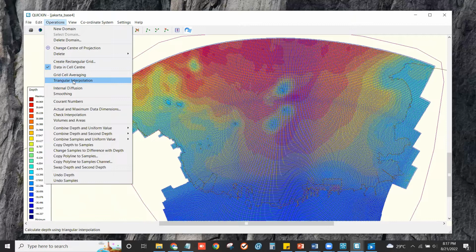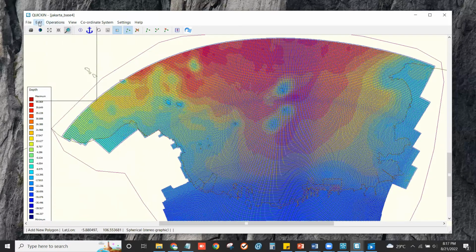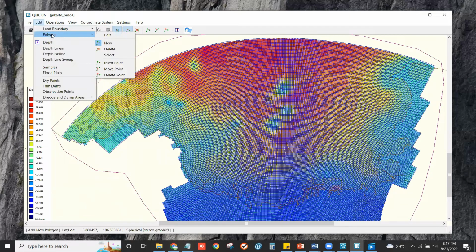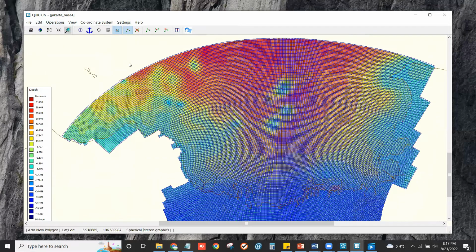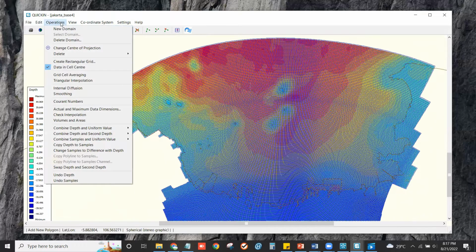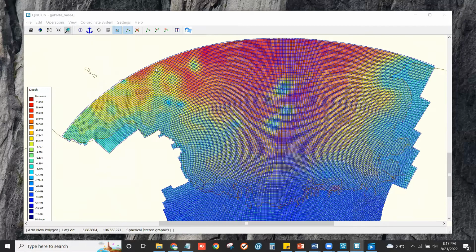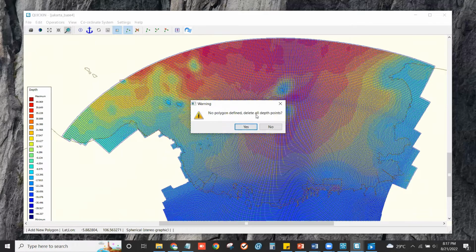After that, we can try interpolation with triangular operation. We can delete the previous polygons, okay, like this, and we can delete depth. Okay, the resulting depth is the result from grid cell averaging and then internal diffusion.